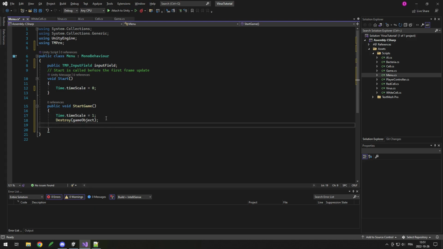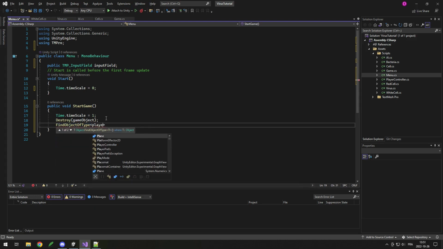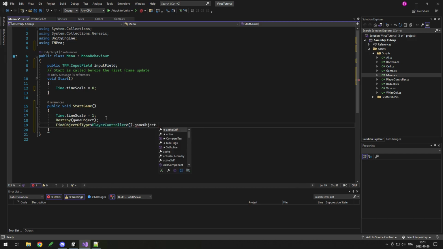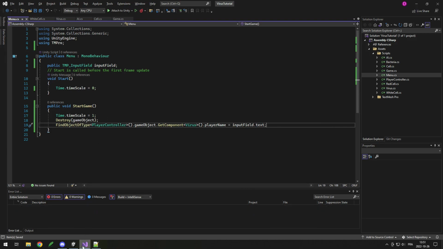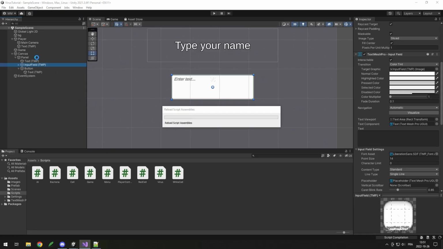And I will also set the player's name. So I will find object of type player controller. So this will give us the player.gameObject.GetComponent Virus. So we can get the virus script on the player. And then .playerName equals to our input field.text, which will be the text that we input in. So now if I save this and I go back on my panel, I should be able to add